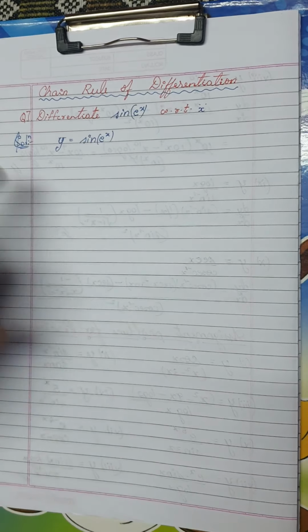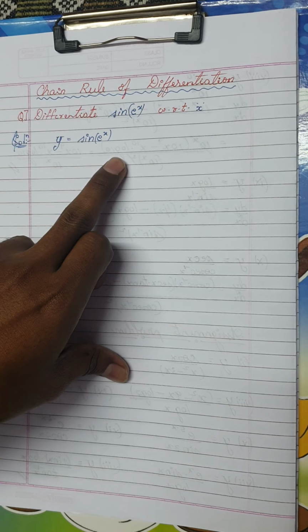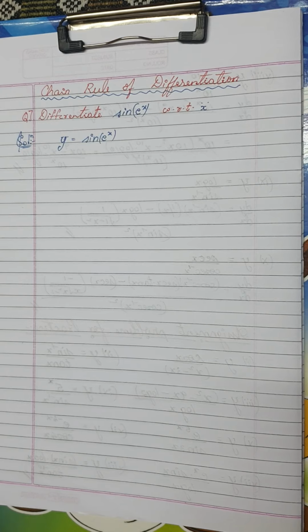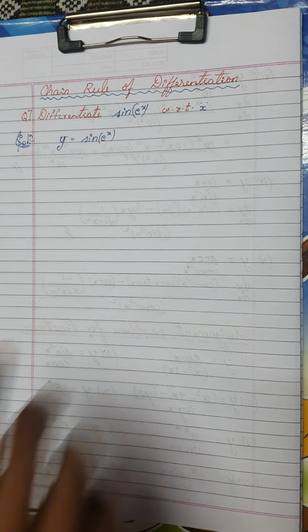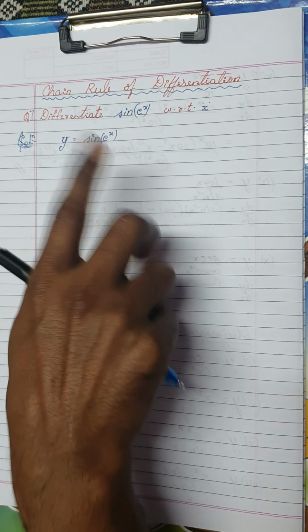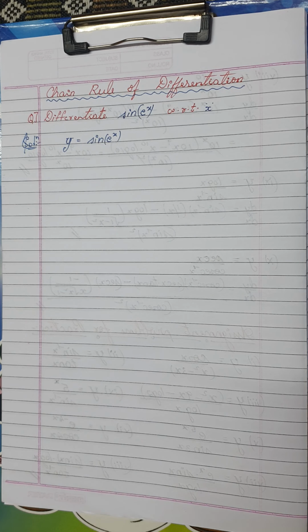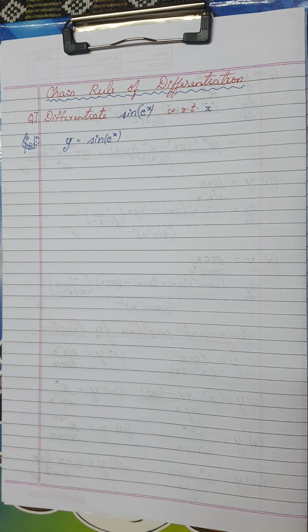Now, if you had the function y is equal to sine x plus e power x or sine x minus e power x, you could use the sum or difference rule to differentiate this function, right? Or if you are given sine x into e power x, that would be the product of two functions, then you could use the product rule. The other way is, if we had sin x by e power x or e power x by sin x, then you could have used the quotient rule to differentiate this function.